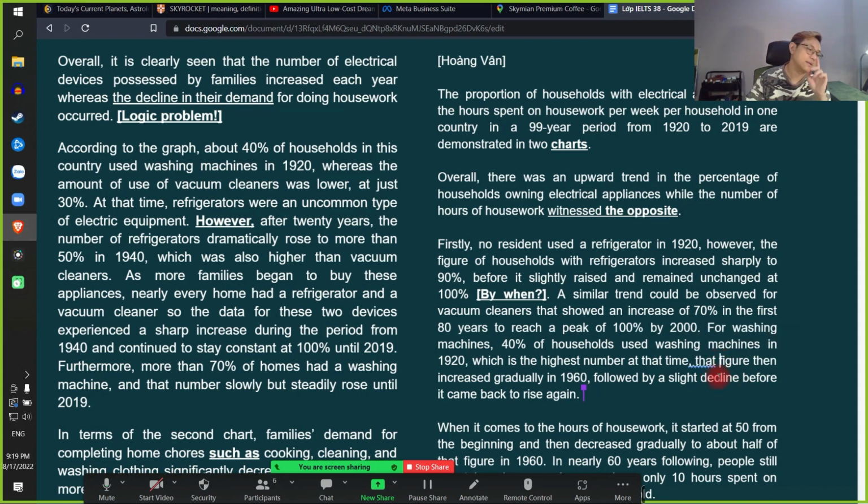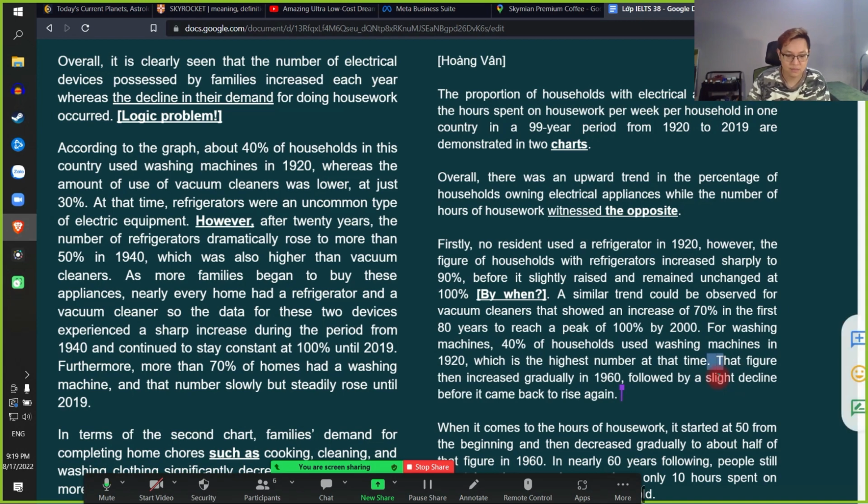Do you remember that after the comma there's no 'that'? You remember after the comma, there's no that, right? So it's better. That figure. Yes, so just write a new sentence. Just write a new sentence here.